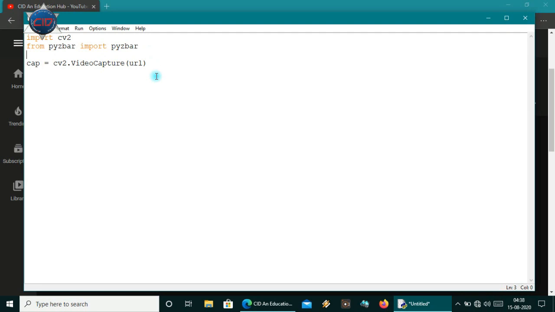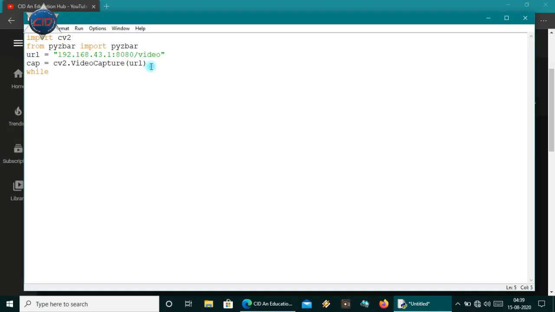When you go through that video, your URL will be something like 192.168.43.1, port 8080, slash video. If you want to do this with a laptop camera, you can pass 0, but we recommend using mobile so that it looks like a real barcode scanner.